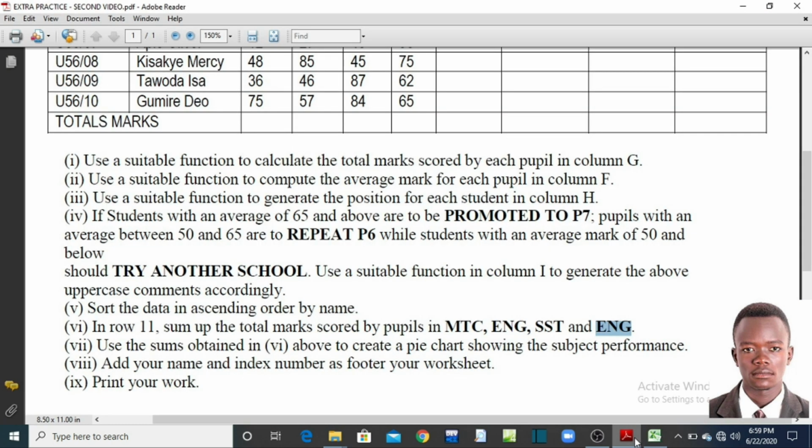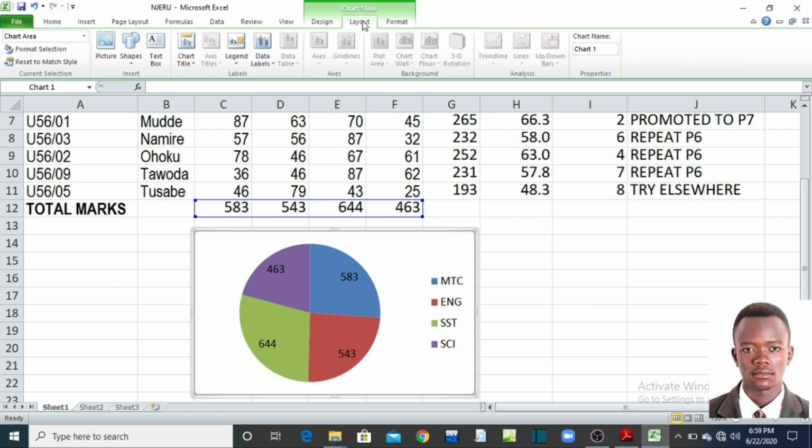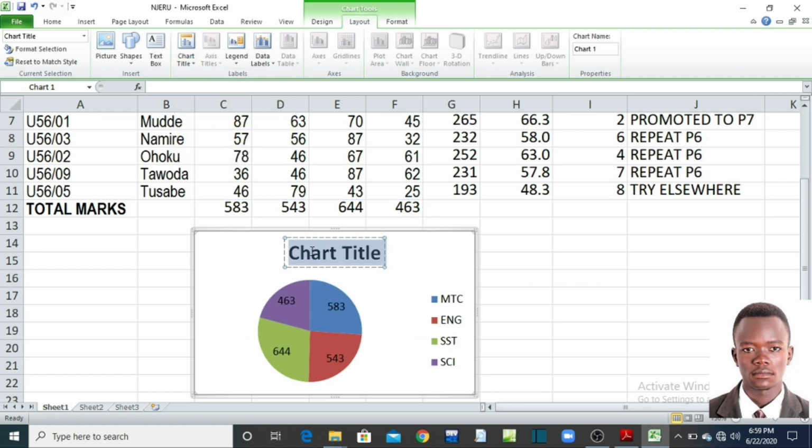They said use this to create a pie chart showing the subject performance. Maybe what I can put here is a title. A good chart must also have a title. What do I do then? I come to chart tools, then layout, chart title, and choose the above chart. There you can type; clean whatever is in that box and type subject, name